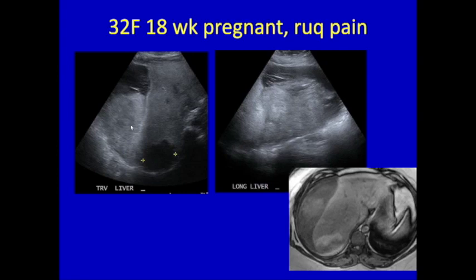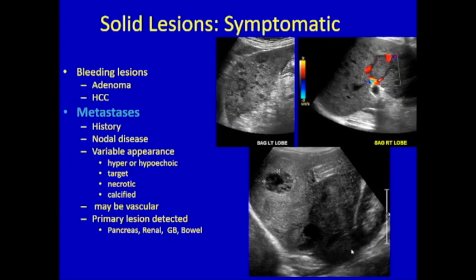You can see a lot of hemorrhage here, subcapsular hemorrhage, and this is a lesion. When you see it on MRI, it has obvious hemorrhage within it. So, another adenoma. So I'm going to move now into symptomatic solid lesions, and then we'll move into the cysts